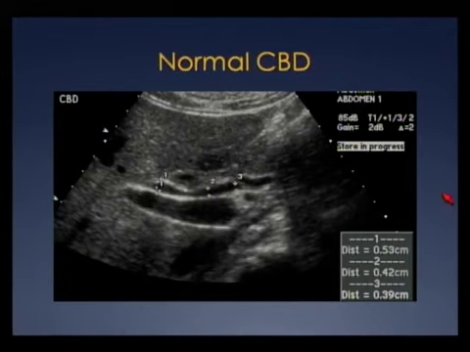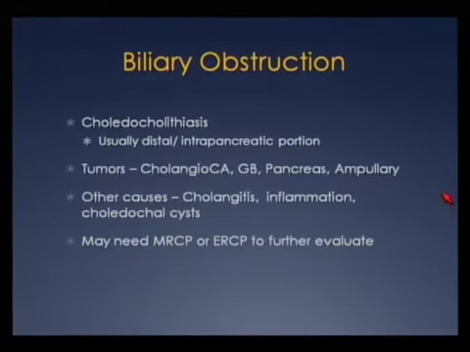Moving on to the biliary tree. So when we're evaluating these patients under ultrasound, we're looking for causes of biliary obstruction in patients with jaundice. That's our role as sonographers, or sonologists, I should say, as well. One of the most common causes is choledocholithiasis, stones in the common duct, and these usually occur in the more distal or intrapancreatic portion of the duct. It can be due to tumors, other causes such as inflammation and infection, and we may need MRCP or ERCP